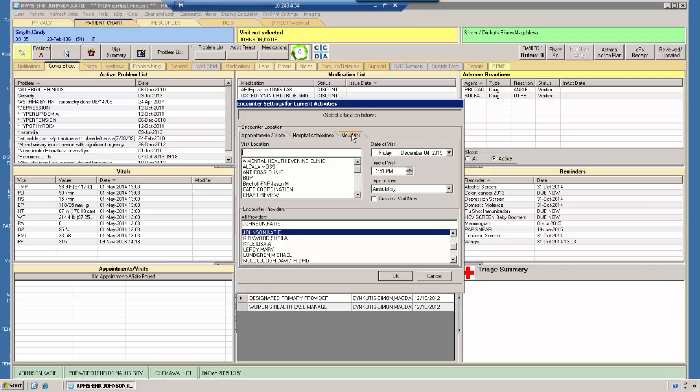Now this would be something to check with your local clinic and their policies and procedures surrounding visit selection and visit creation, but for the most part, you only are going to need to make a new visit when it's something like a chart review or a telephone call. So not a face-to-face visit with the patient, just you need to go in and maybe there was an